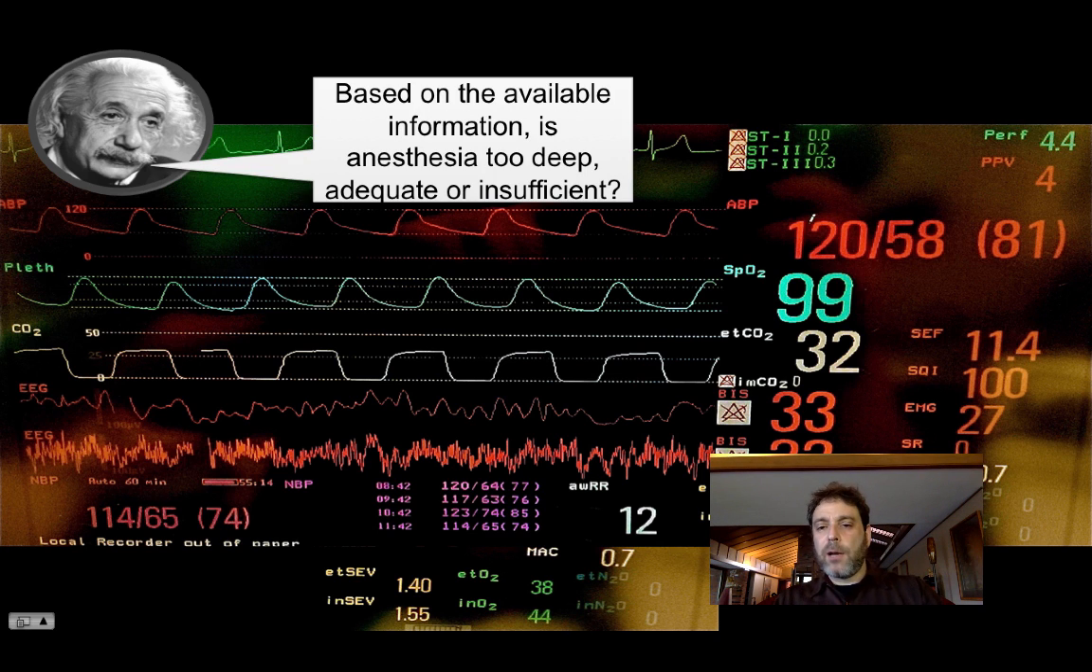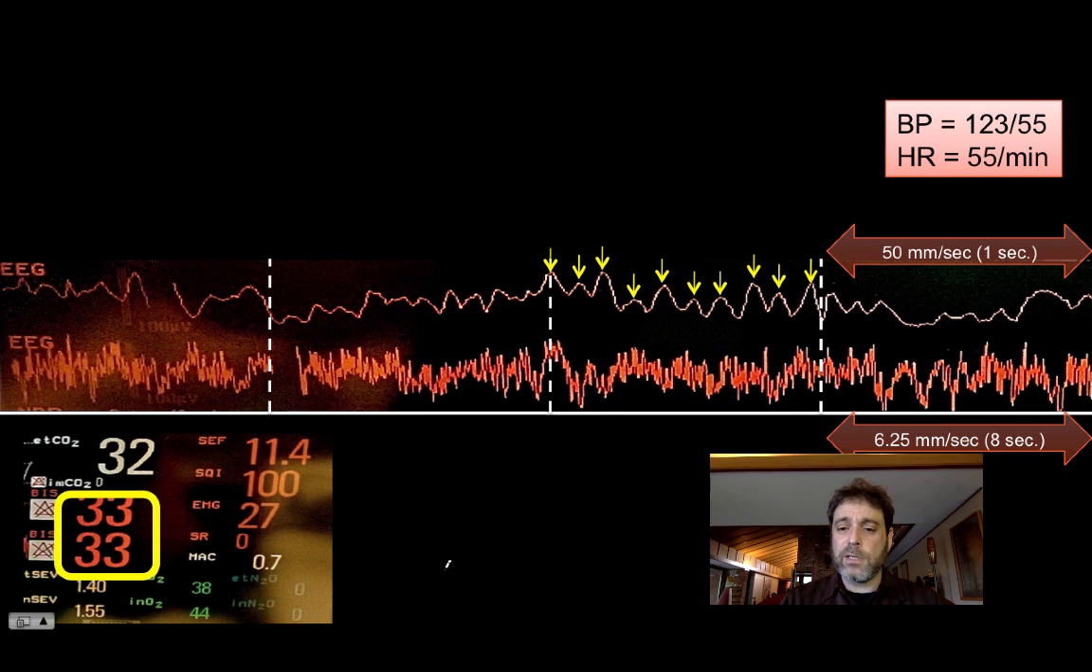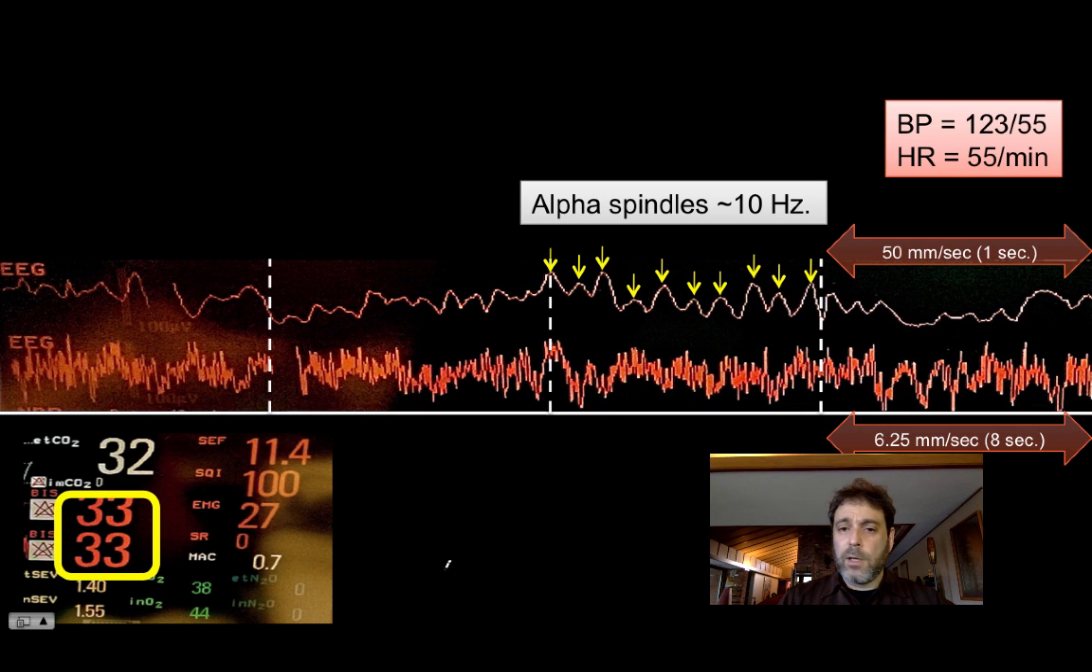How about this example? Again, hemodynamically stable, relatively slow heart rate. Essentially, the data here are very similar to the previous slide, but now the BIS is reading 33 and the EMG is reading 27. We're at 0.7 Mach, we were at 0.6 before. Sevoflurane is pretty similar. So again, we've got alpha spindles at 10 Hertz, we've got those slow delta waves, but